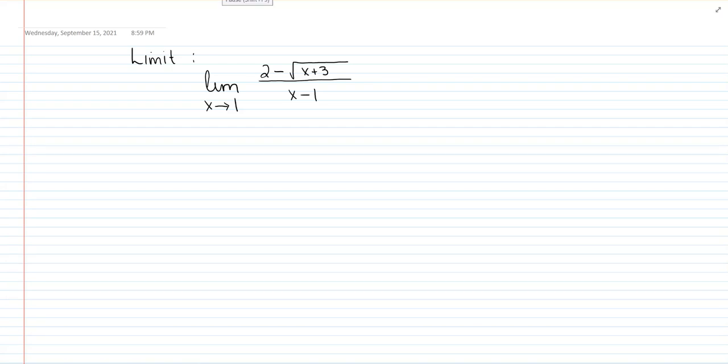So normally when we're looking for a limit, we just try to jam the x value into the function. But if we end up getting a 0 over 0, that means we've got to do something algebraic to the problem, and then we can go ahead and jam our x equals 1 in. So for this one, if I jam the 1 in, I'm going to get 2 minus the square root of 4, which is 2. 2 minus 2 is 0. And on the bottom, 1 minus 1 is 0,